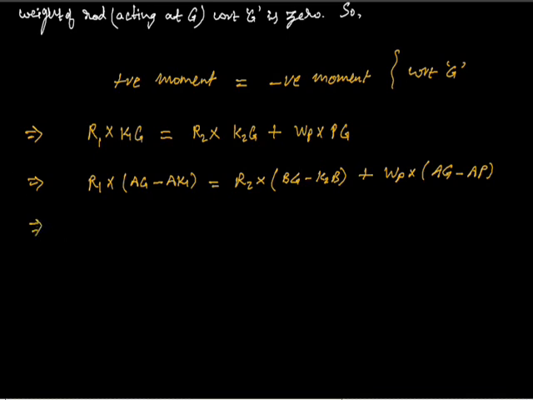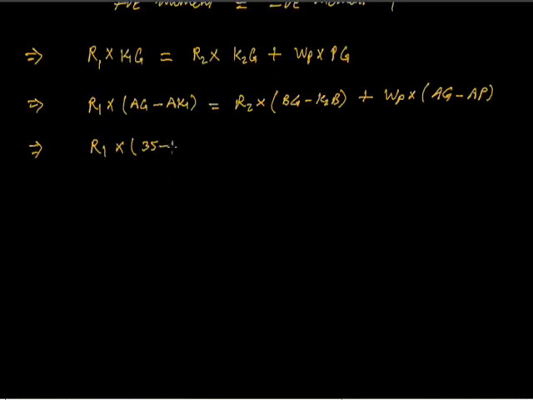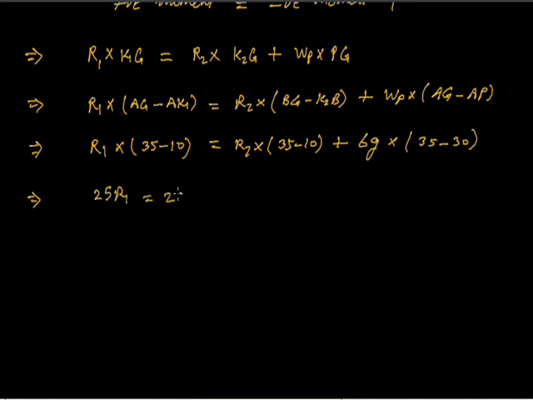It further gives us the result R1 multiplied by 35 minus 10 is equal to R2 multiplied by 35 minus 10 plus 6g multiplied by 35 minus 30. So it gives us 25 R1 is equal to 25 R2 plus 30g,